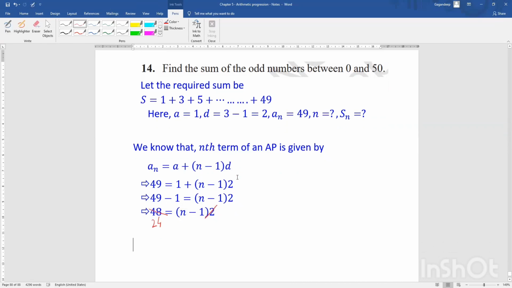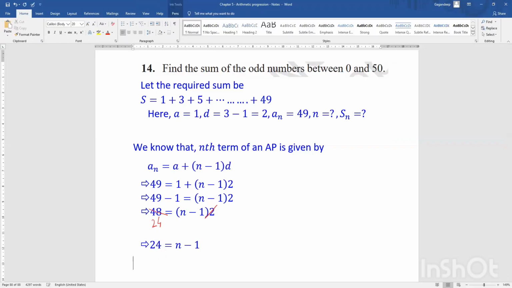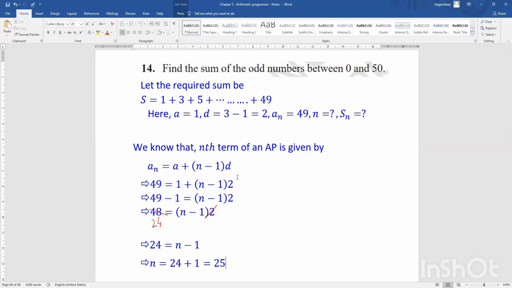Then now, in my next step, we have 24 equals n minus 1. Okay, or I can write it as n equals 24 plus 1, which is nothing but 25. Okay,